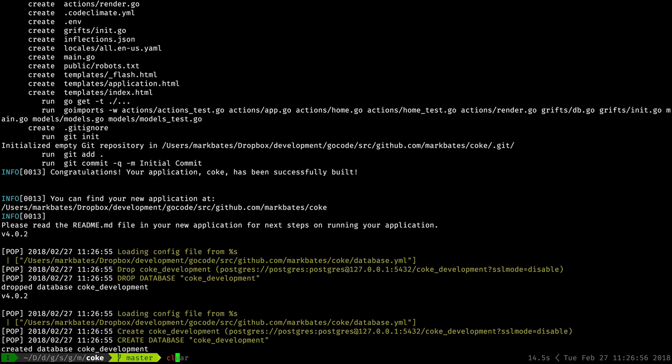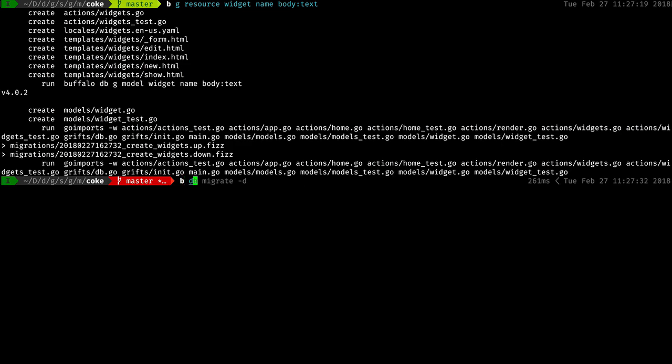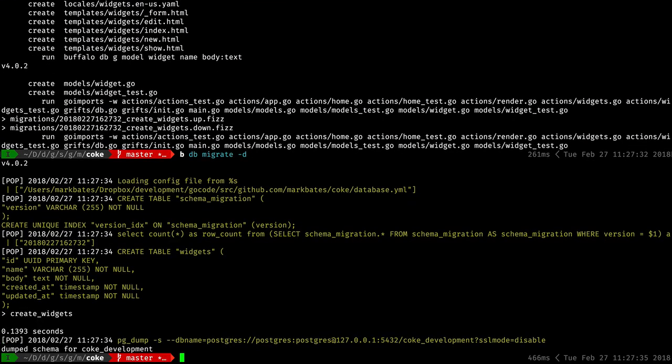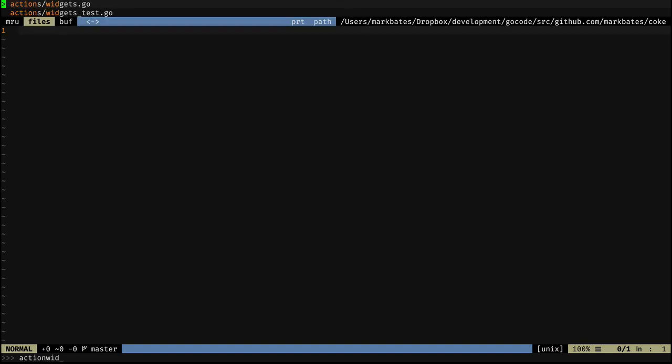So here I have a brand new application, and I'm going to generate a new resource, a little widget resource here, and we'll give it a name and we'll give it a body, which is a text. So there we go, and I can migrate it here. Fantastic. Now let's open up our new actions widget